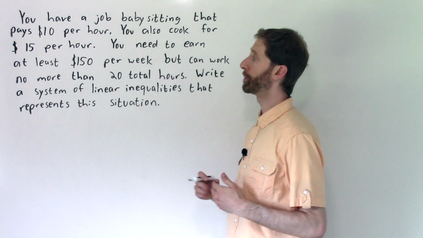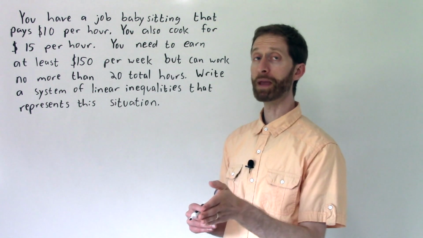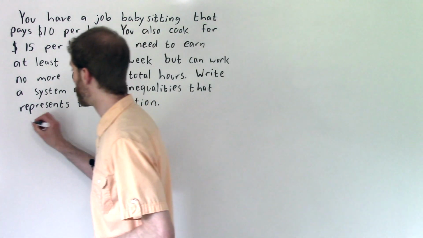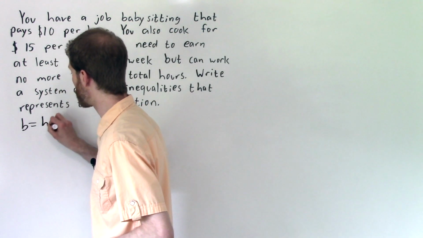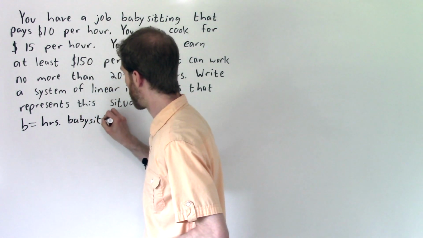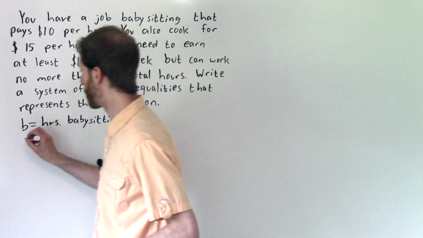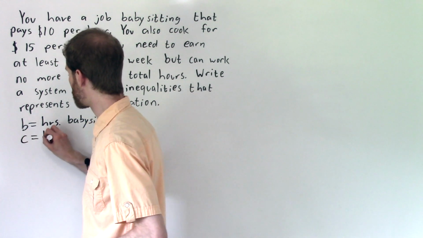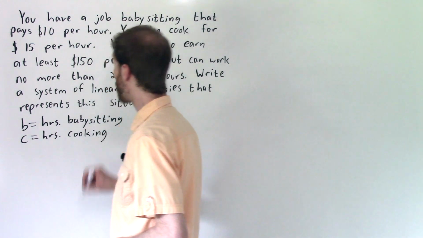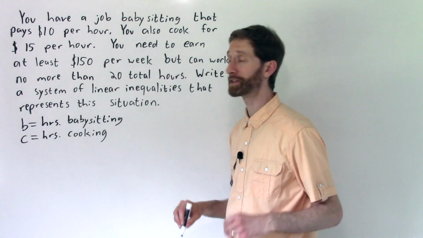So I have two variables here, the amount of hours I spend babysitting and the amount of hours that I spend cooking. So I'll do B equals the hours babysitting. Define those variables always, and then let's do C equals the hours cooking. So now we've got to come up with the system here, and we do have a system because we actually